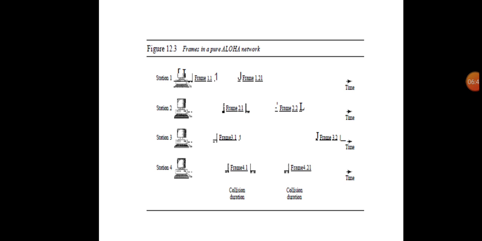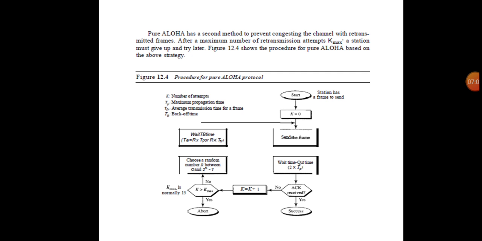This shows the frames in a pure Aloha network. Station 1, station 2, station 3, and station 4 have lots of frames. This is a collision duration, and this one is also a collision duration. This is the procedure for the pure Aloha protocol. Start, K equals 0, next send the frame and wait for